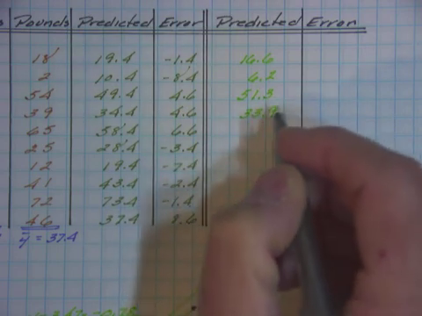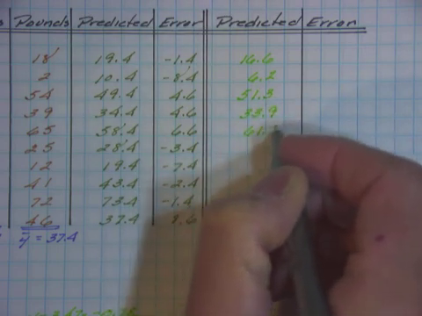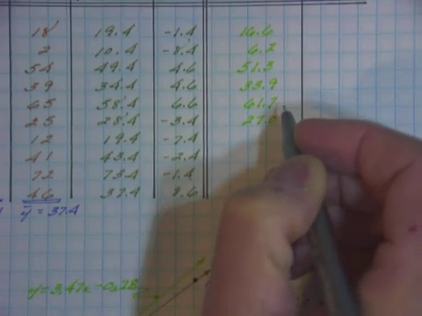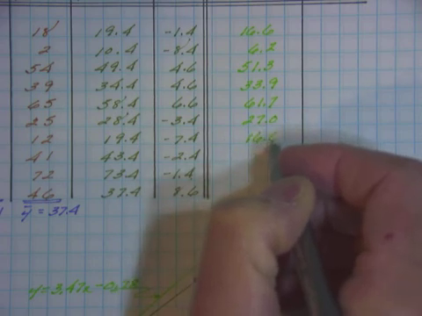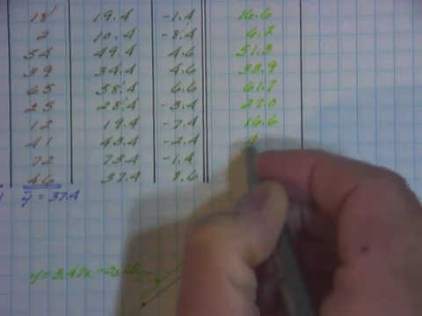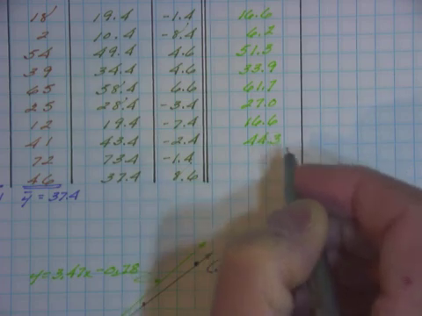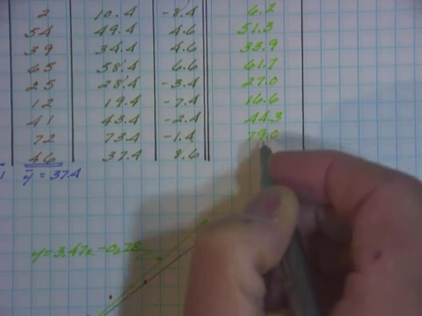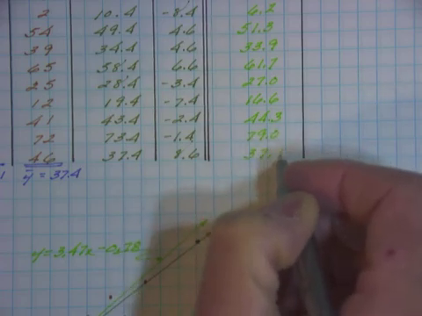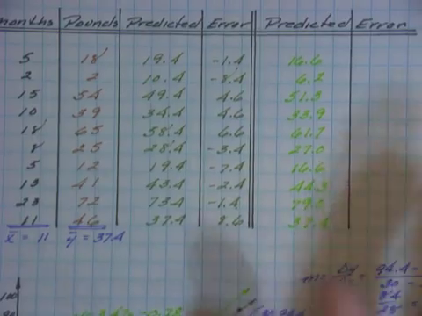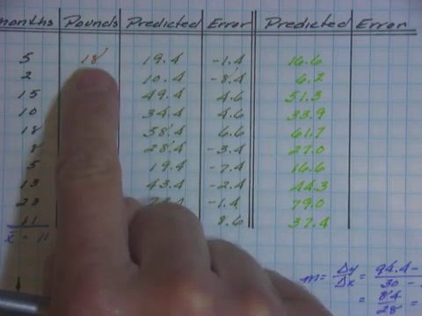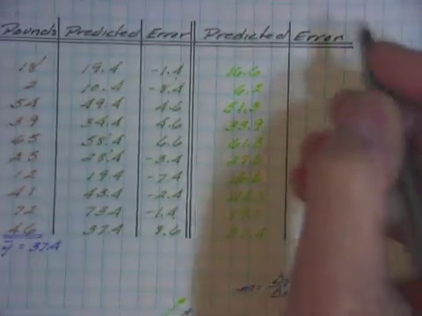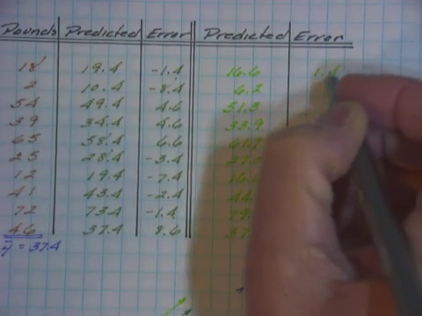51.3, 33.9, 61.7, 27.0, 16.6, 44.3, 79.0, and 37.4. Now I have to get a whole new error column, so I'm going to go back, take the actual weight, subtract the new predicted to get a new error column,